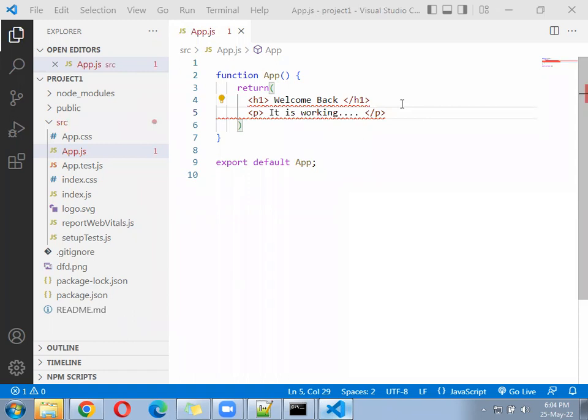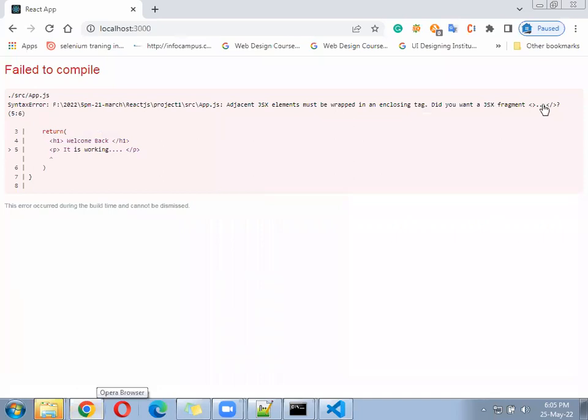Another thing you can see, the function App is a function of JavaScript. Inside it you are inserting the HTML code directly. So it is not your complete JavaScript code. This becomes JSX, JavaScript HTML, based on the rule of XML. Now come there, write the paragraph and then check. Definitely it will give you an error saying something like JSX fragment.